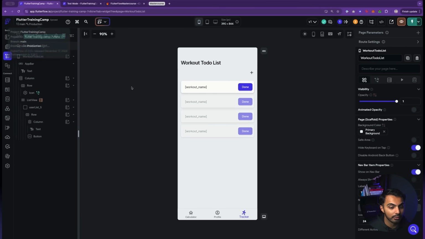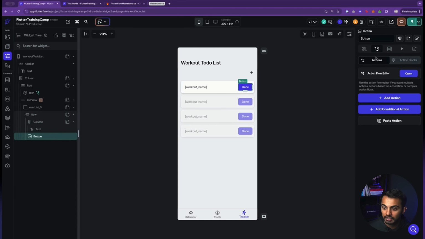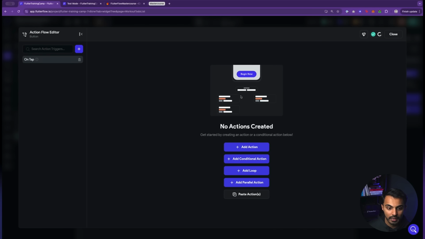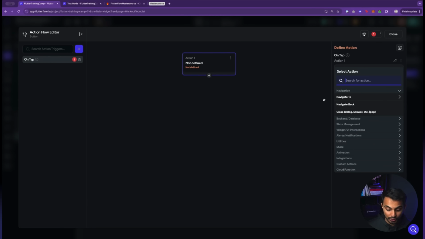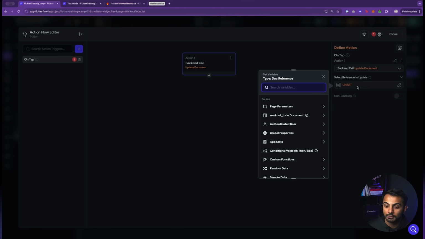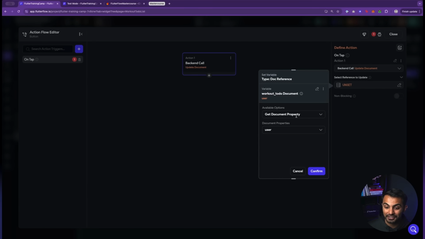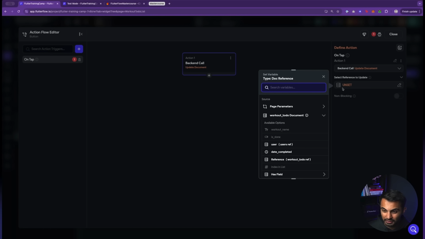Well, now we need to implement the done functionality by tapping on the done button, going to action flow editor, and on tap, we're going to do two things. First, we're going to update the document that we're clicking on, and we're going to use the user, not the user's reference. I'm sorry, it's getting a little late.